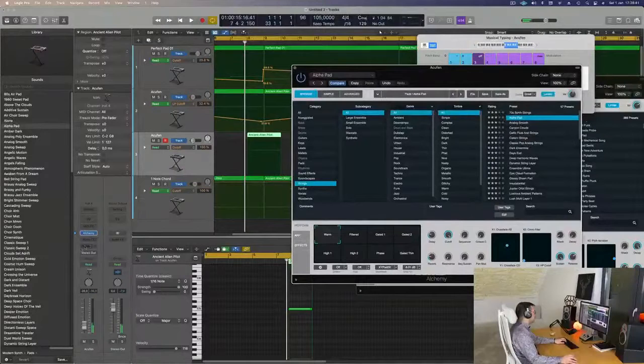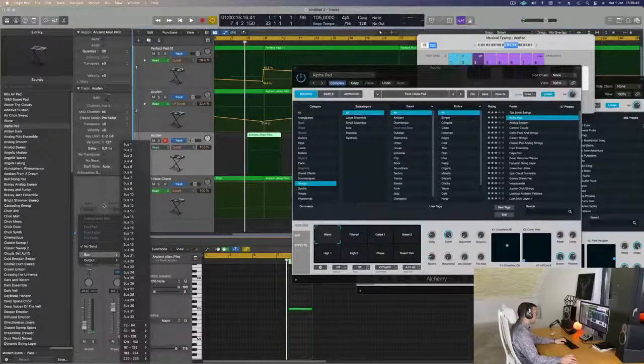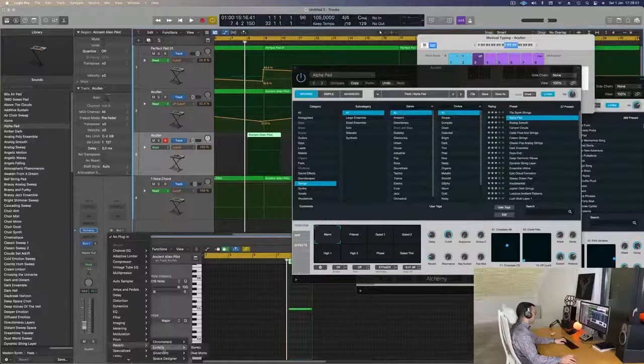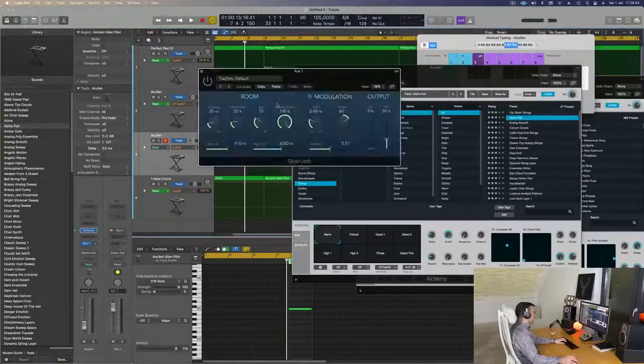So what I'm gonna do is pull a reverb. If you know me, guys, you know that I use Silver Verb with my own preset. It's called Grandiose. So you go from, let's say, Grandiose here. Oh, there's a plane just took off. Sweet. You go from this here to